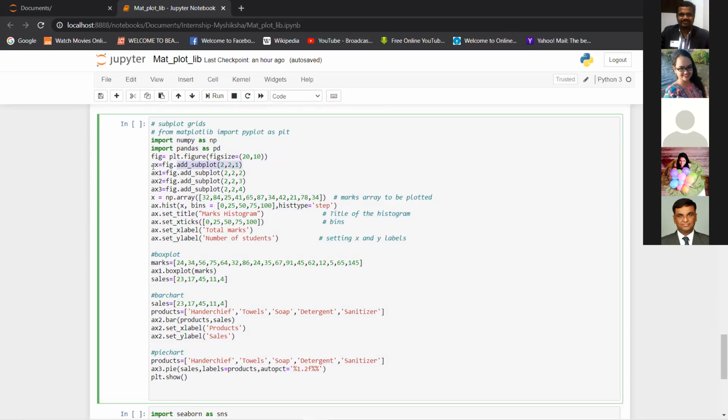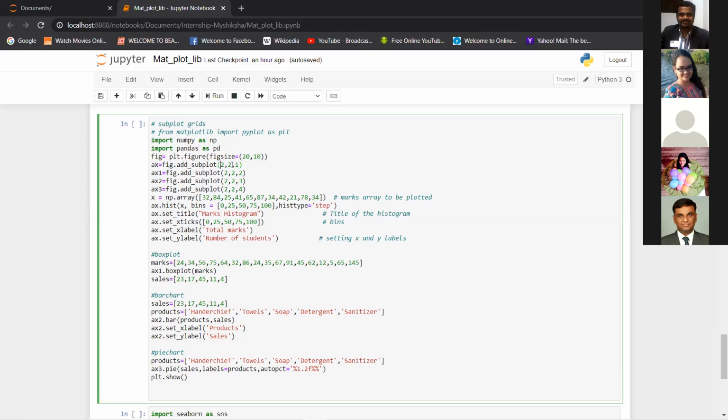Basically, if I use 2, it means 2 by 2. I'm actually using four plots, so I can show four plots in this combination of subplots. One of the subplots I'll be using is axis AX, the other one I'm using is AX1, AX2, and so on, right?